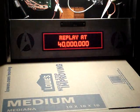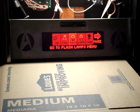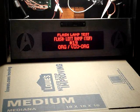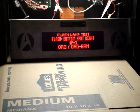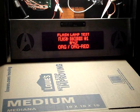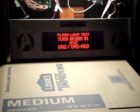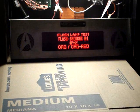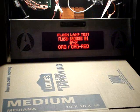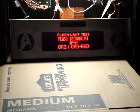So now we're going to go into diagnostics, and we're going to go into the flashers, and we're going to do the flasher test. And we're going to go up to number 42, which is the back box number 1 flasher, and that's the flasher for the speakers. So now we're going to flash them. And as you can see, if you flash them, they're pretty bright. So I think we can say we're done with this mod, the speaker LED mod,